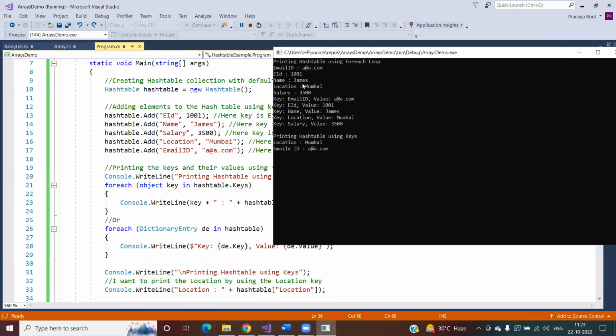Then your name, then location, then salary. That means what exactly it is doing internally is storing the data based on the hash code, right? It will generate the hash code, and then it will sort the data based on the hash code, and then it will store the data, and accordingly you will get the output, right? Clear,